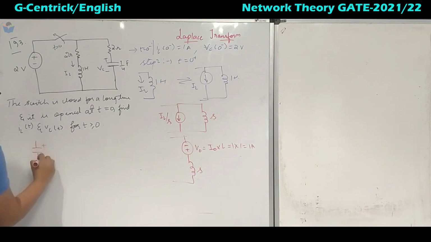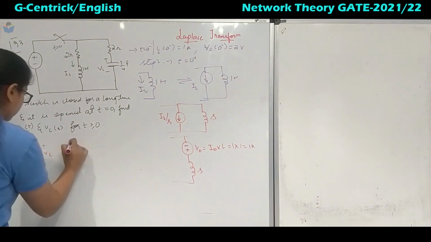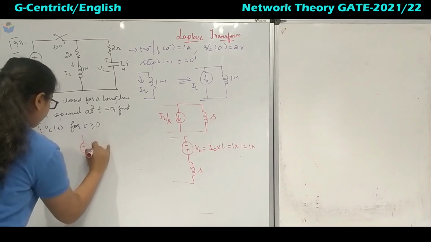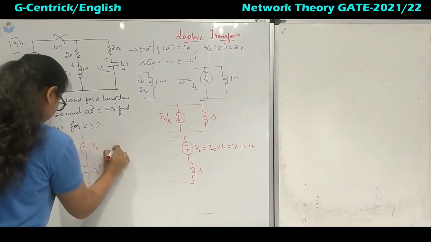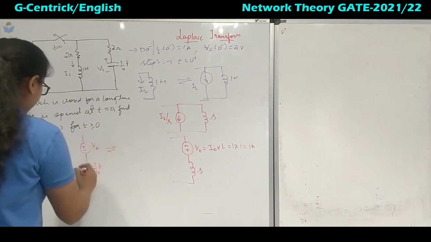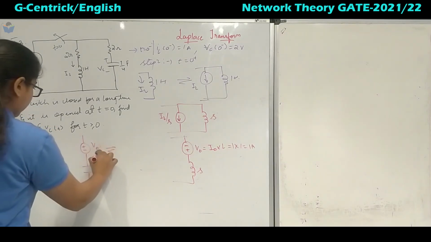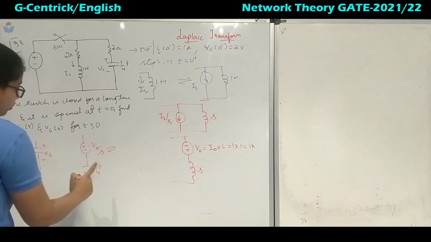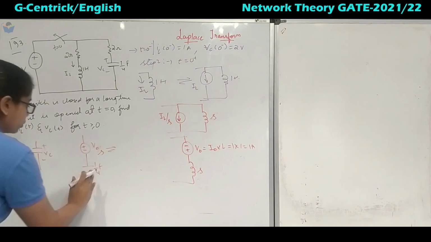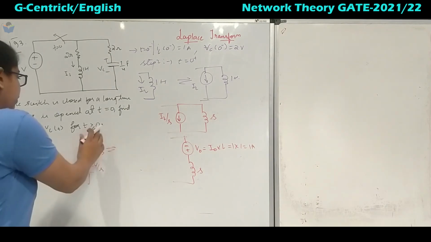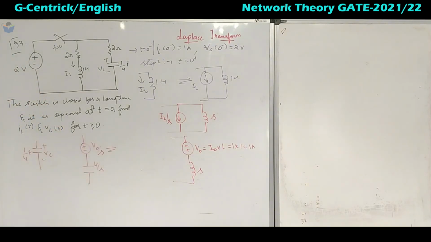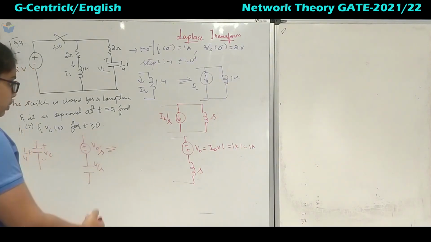So this is a capacitor and the voltage is Vc, 1/4 farad. So this is plus minus V0, and this is the capacitor of 1/4 farad. So this Laplace transform will be V0 by S, and I'll write it directly here as 1 by Cs, so it will go to 4 by S. We do not need to take the source transformation for this one, because when you connect this and this, they will be in series only. If you convert again, it will be in parallel. So we do not need to convert this one.